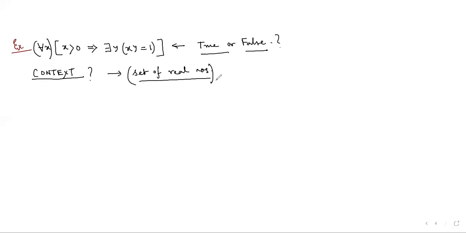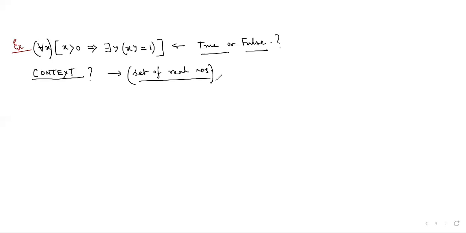The given statement is actually true, because for all real numbers x, x is positive implies that there exists a real number y, so that when we multiply x by y, the result is 1. So y is becoming the inverse of x. And you know why x greater than 0 is being taken, because we know that 0 doesn't have any inverse with respect to